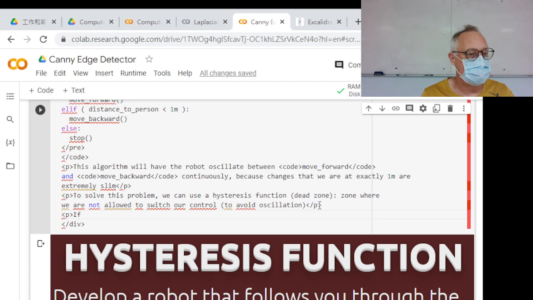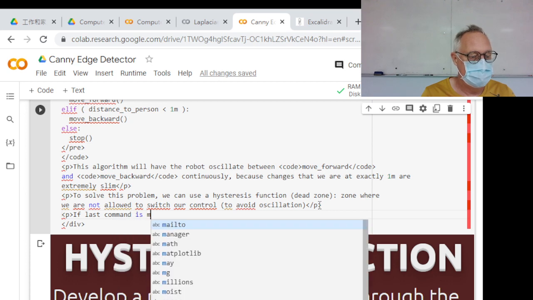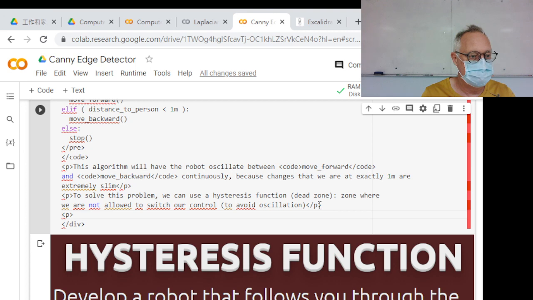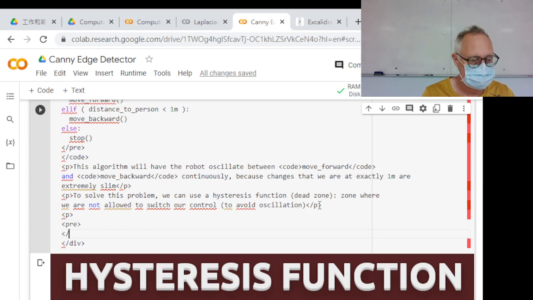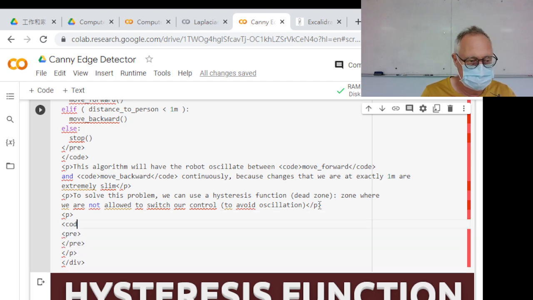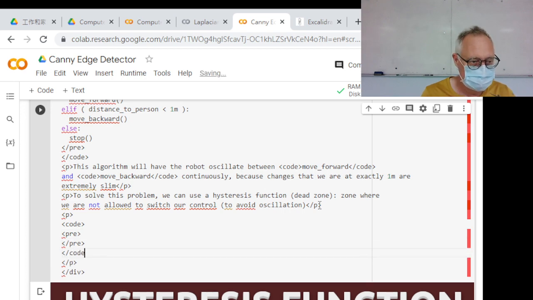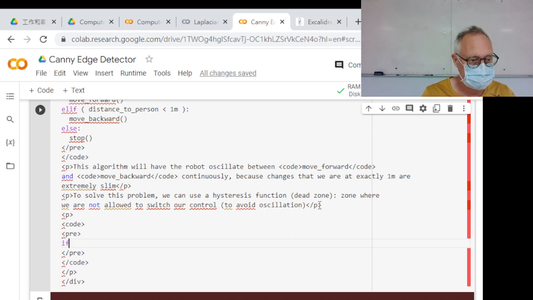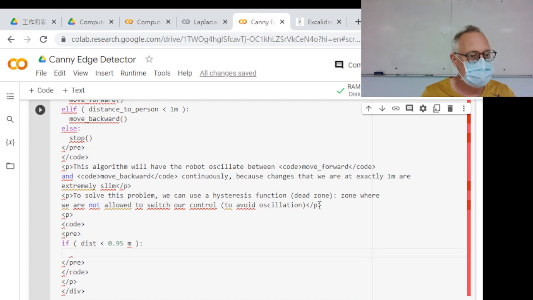So with the hysteresis function, if the last command is, you would implement something like this. If distance less than 0.95 meters, then definitely move,